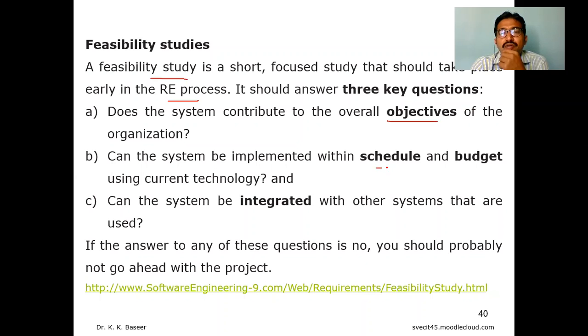Second, how well the project can be completed or implemented within the schedule and budget with the current technologies. Third, once you develop it, whether it can be easily integrated with other systems or not. These three questions have to be answered in the feasibility study. If any one of the questions is answered no, we should not go ahead beyond this.